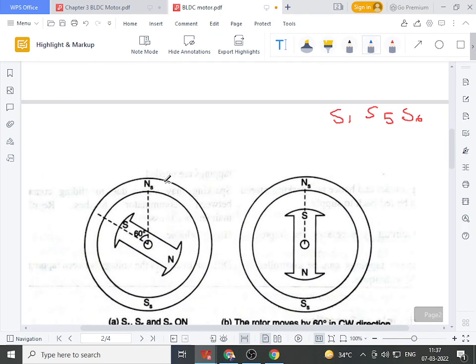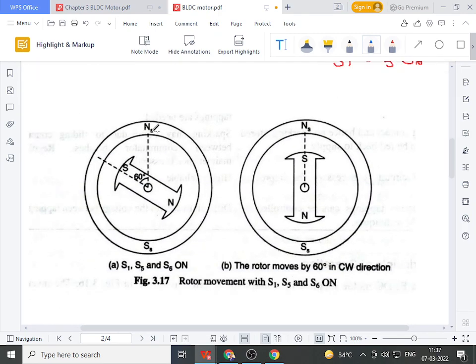Due to this current flowing through the stator, there will be formation of magnetic poles on the stator. Whenever there is a rotating magnetic field, it results in the formation of stator magnetic poles. Stator magnetic poles are formed as shown: Ns as the upper pole and Ss as the lower pole. Suffix S is used for the stator. Now, as there is a north pole at the upper side of the stator, the rotor is made up of permanent magnets.